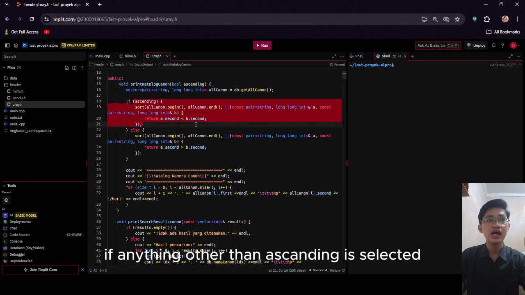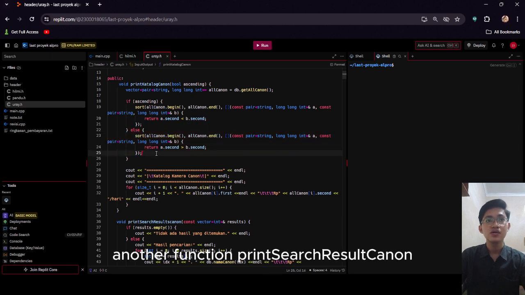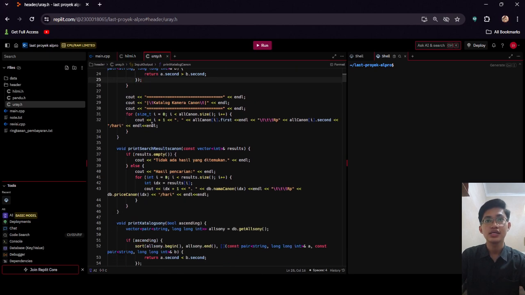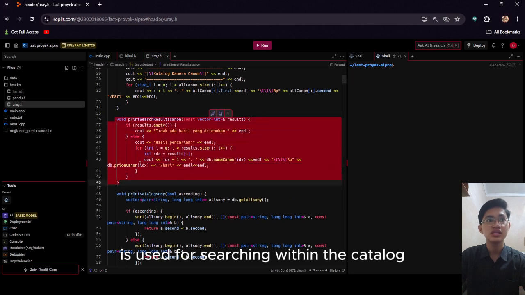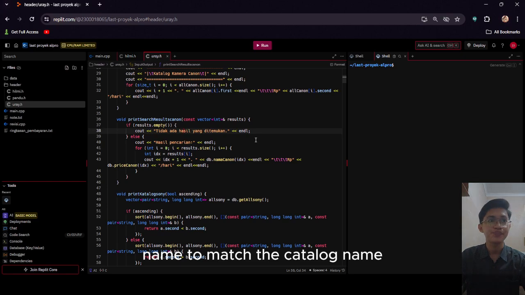If anything other than ascending is selected, it will choose the subsequent condition. Another function, print search result Canon, is used for searching within the catalog. Each catalog has relatively the same code, only changing the function name to match the catalog name.